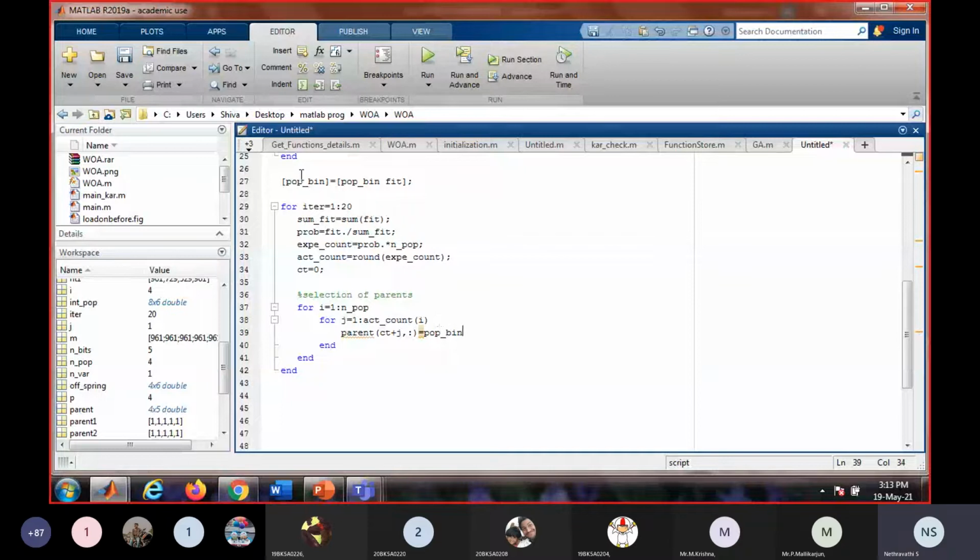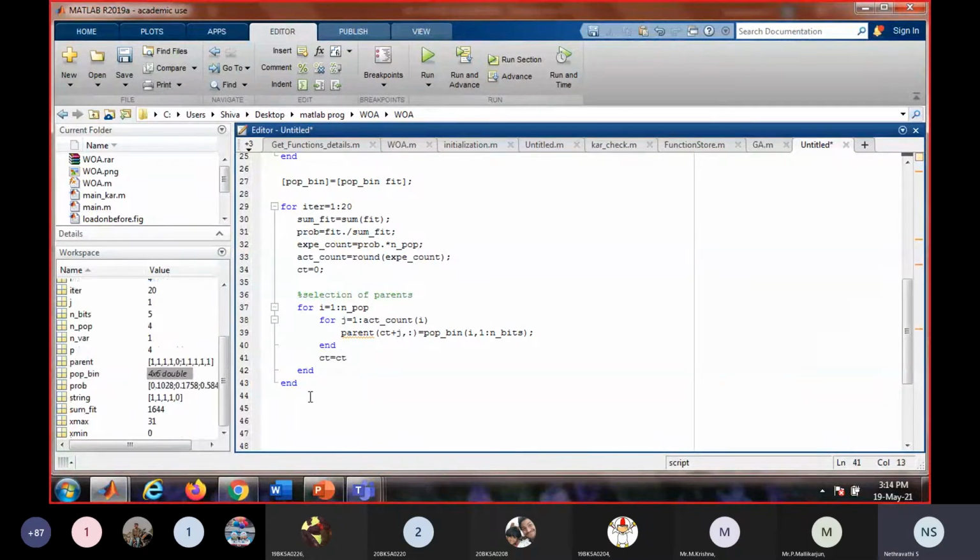Pop bin has all the 4 population, of I comma all the bits, because pop bin is represented as binary bits, right? 1 colon n underscore bits. So each parent will be assigned here, and then we will increment this with the actual count.